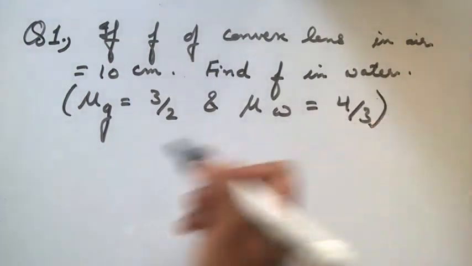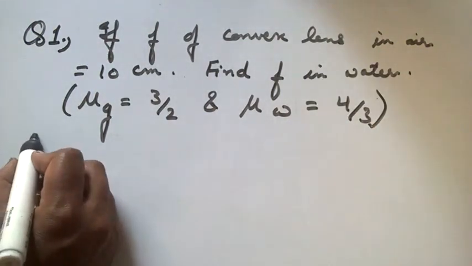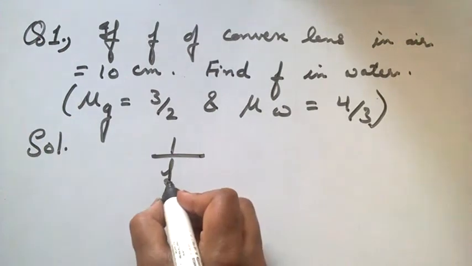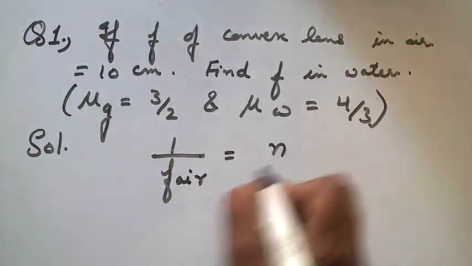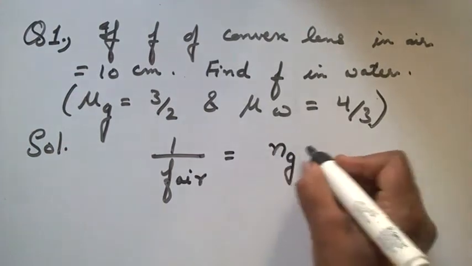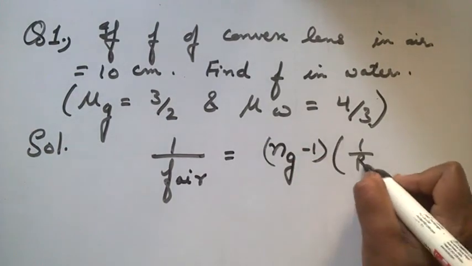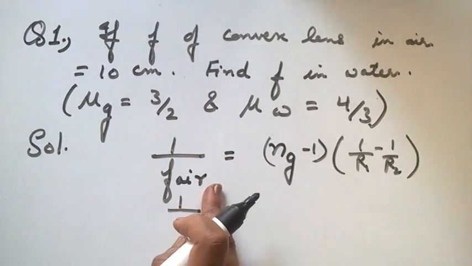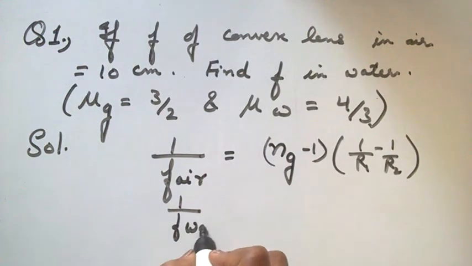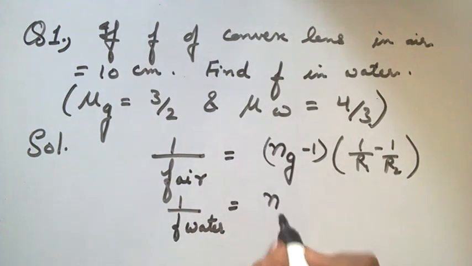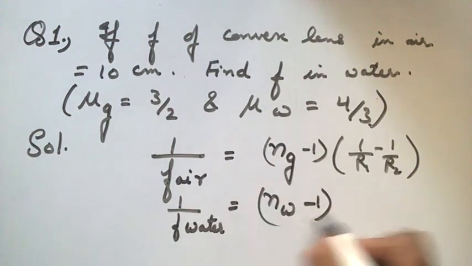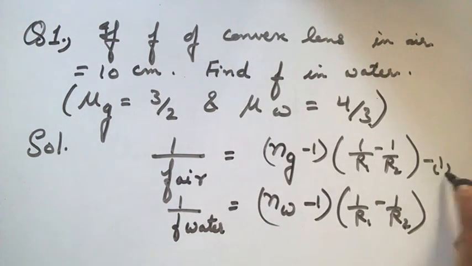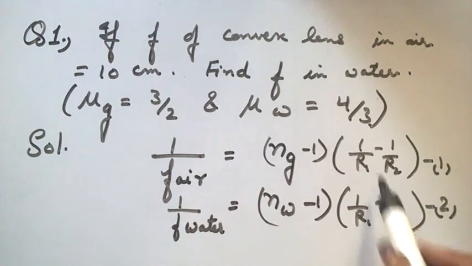So here we will use the lens maker's formula, that is, as we know, 1 upon focal length of a lens in air is equal to the refractive index of the lens with respect to air minus 1, into 1 upon R1 minus 1 upon R2. Similarly, the second equation will be, for the focal length of the lens in water, 1 upon F water equal to the refractive index of water with respect to air minus 1, into 1 upon R1 minus 1 upon R2. Give it equation number 1 and this is equation number 2. Divide equation 1 by 2,